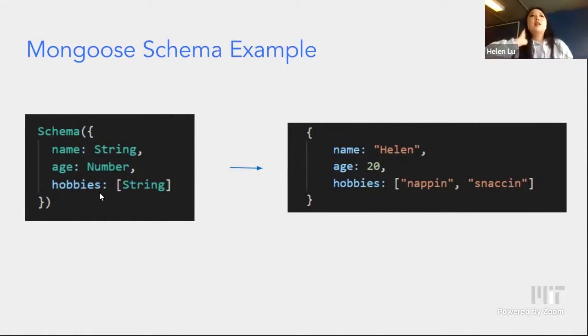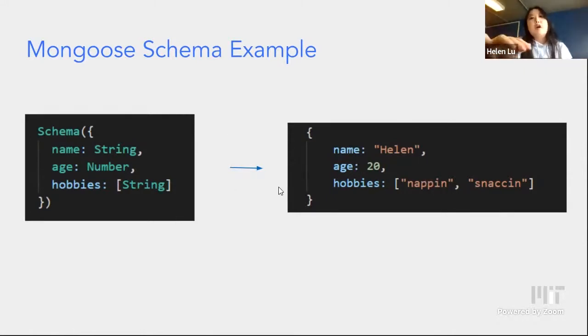So if we have a collection that follows the schema, all collections have to follow the same schema. All objects of a collection must have the same schema, must have the same fields and the same data types for each of the fields, right? So if I try to add hobbies as a single string instead of an array of strings, and I try to add this object into a collection that follows this schema, Mongoose would say no. It would give me an error, and it would not let me add that object into the collection,